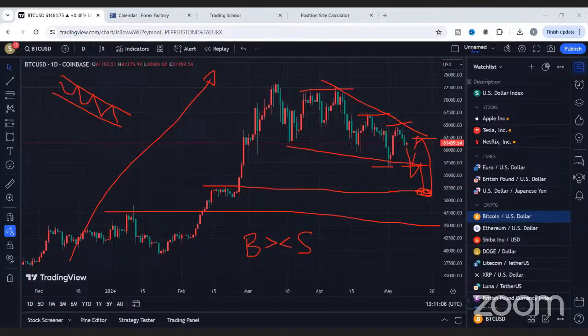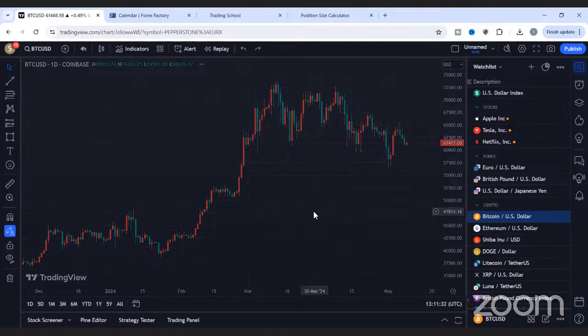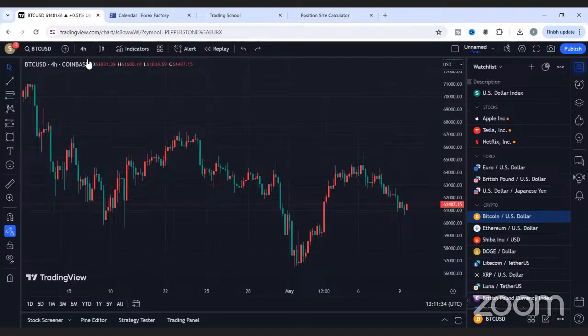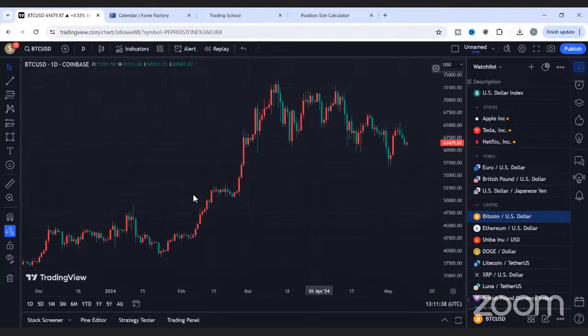Okay, Mr. Adams said he's not in any trade yet, and then he's asking for Euro CAD. Okay, great. So let's have a look at Euro CAD. Let me clean it up first of all. So I just talked about the BTC USD, just for us to have an understanding of what the market is doing now. Now that we've cleaned up the chart, everything that we drew earlier on this chart, we should be able to see it, right?